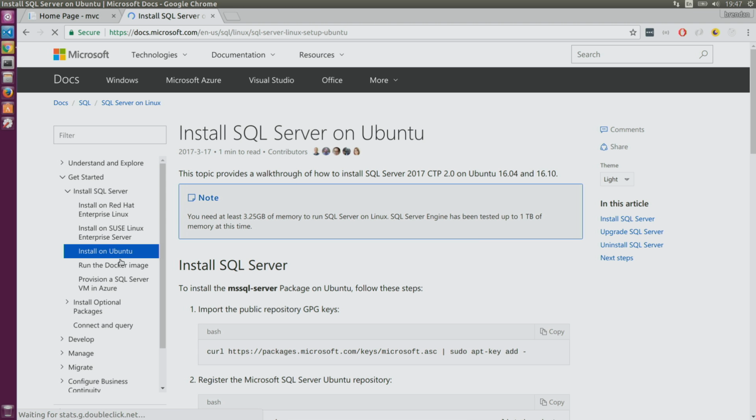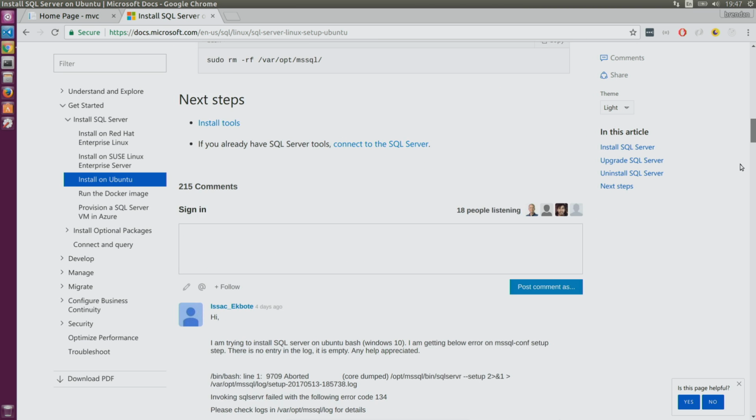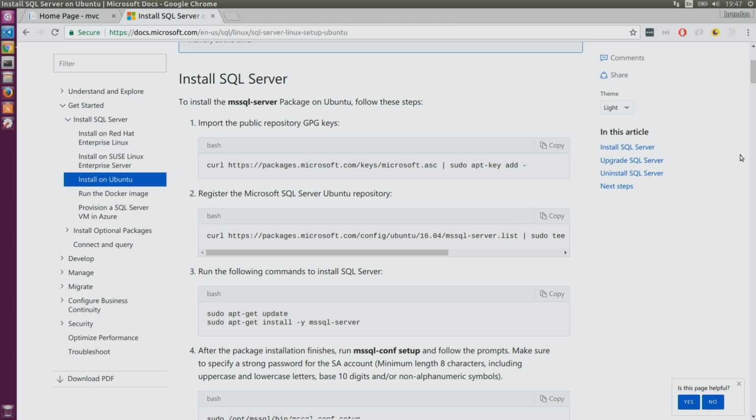And this should all look really quite familiar. So what you've got here is, as you've seen, some text to copy and paste into the terminal. It's slightly different text. They're using a different command called curl. So they're downloading something, and they're passing it through to apt, and they're doing add. But actually, you're doing exactly the same thing. You're taking this file, and you're adding it to the package sources. Then you register a key. Then it's apt-get update, apt-get install. And if I go to my package sources here,